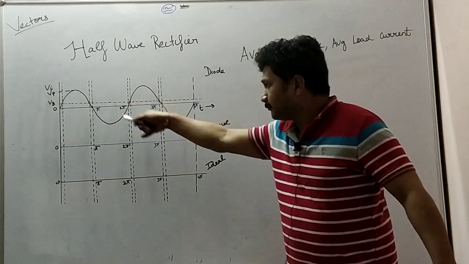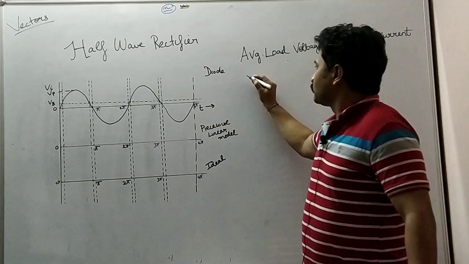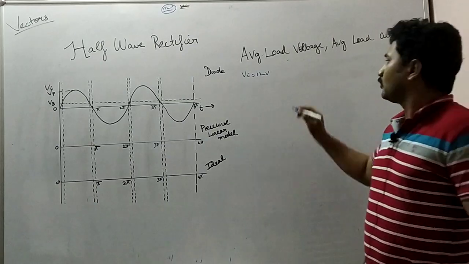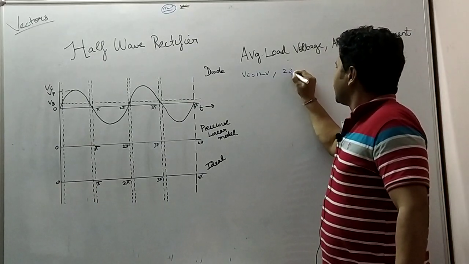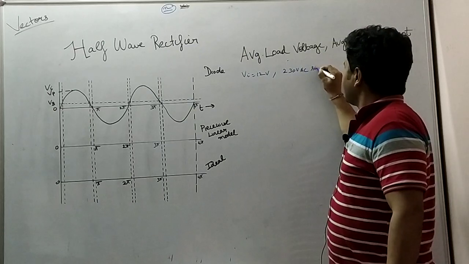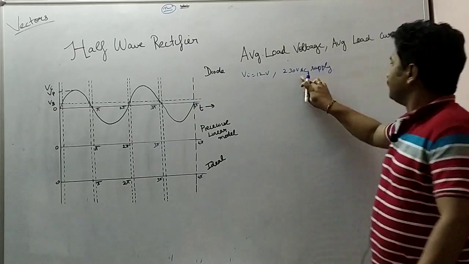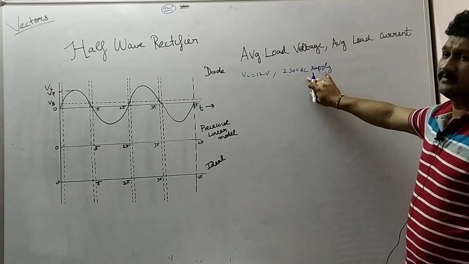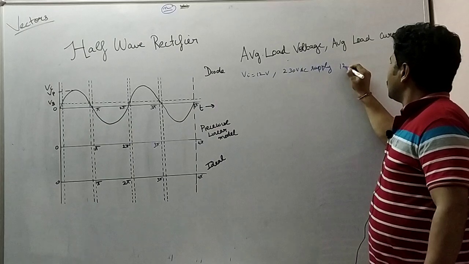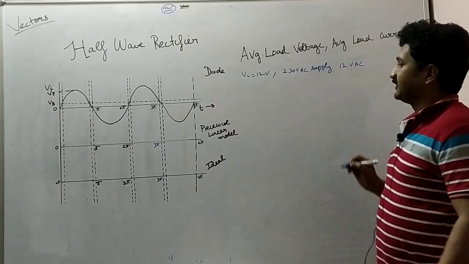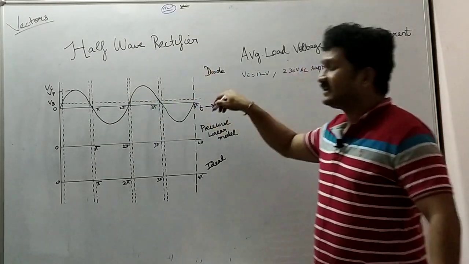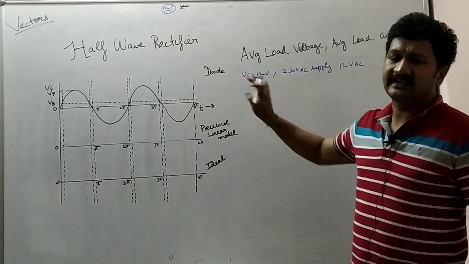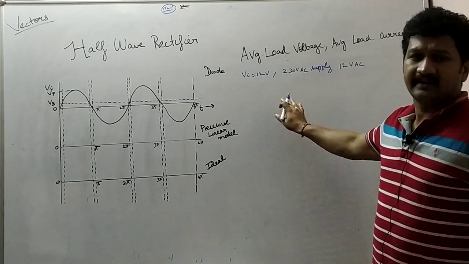So, this is the input voltage. Let's assume this input voltage to be 12 volt. So, where would we get this 12 volt? From 230 volt AC supply, which will be obtained from the transformer, and the transformer will convert this 230 volt to 12 volt AC supply. So this is the 12 volt AC supply. So this 12 volt signal is allowed to pass through the rectifier, fed to the rectifier.